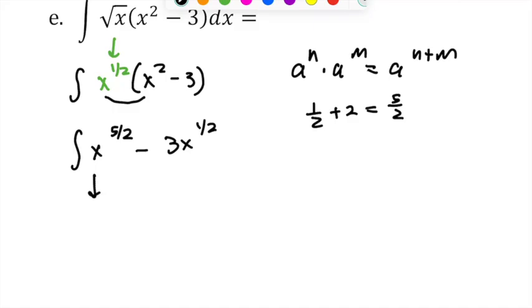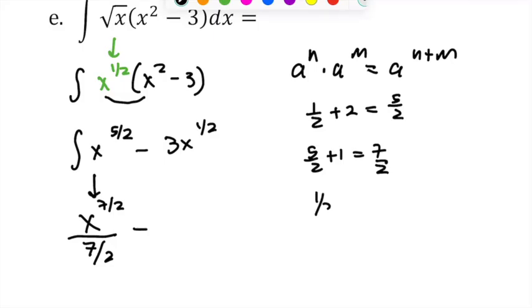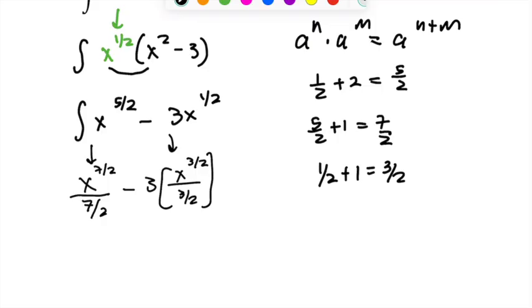And so for this integral, we're going to add 1 to 5 halves, which gives me 7 halves. So that's x to the 7 halves divided by 7 halves minus, then again, if you add 1 half plus 1, you're going to get 3 halves. So simplifying, we're going to move this outside and reciprocate. And then that's going to be the square root of x to the 7th